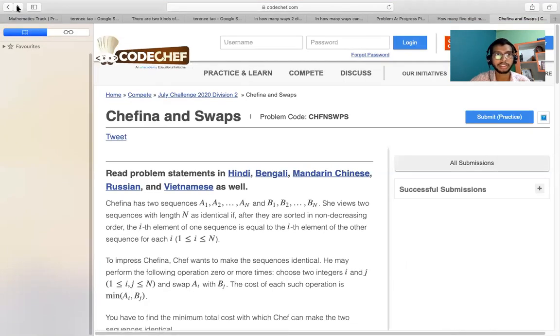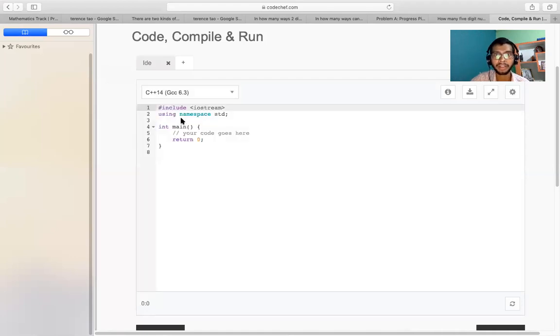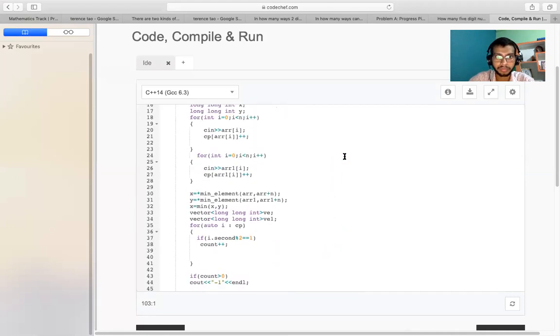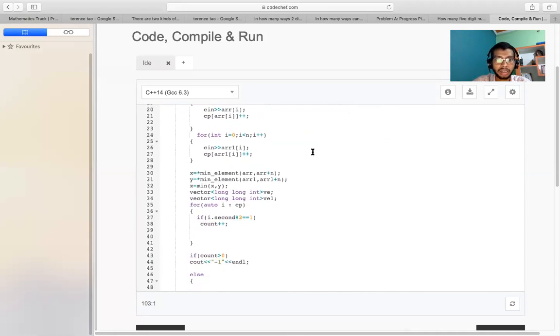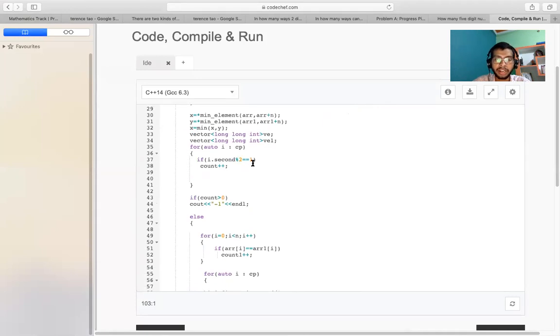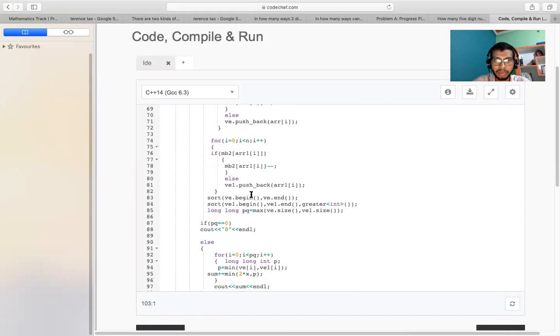So let's make our code again. Although I made this code earlier while giving a contest, so I'll just copy paste that code. You can see, although both the codes are the same, I just changed the name of the variable. I have taken the minimum and made a vector, the same vector, divided by 2, and all things are the same. You can take reference.